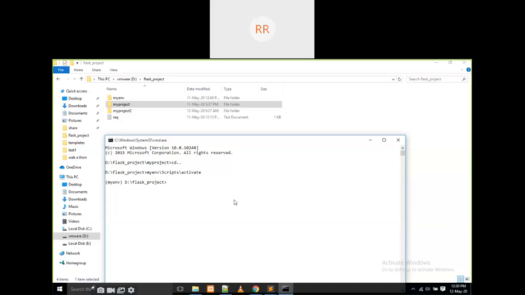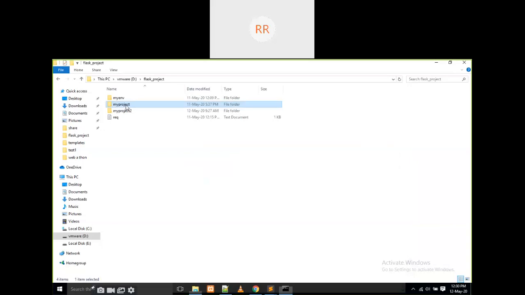Venkatesh, how to run a Python project, a Flask project? What is the command for that? Python space. First of all, I want to move to my folder.